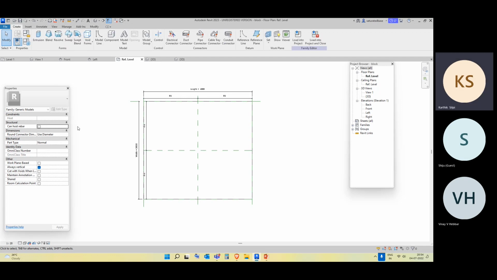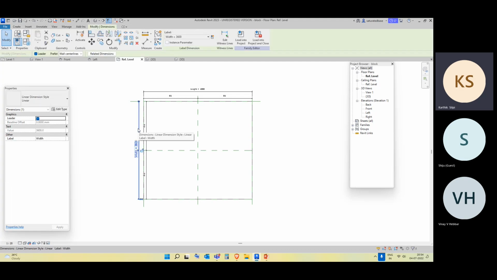This is how the basic block can be formed. As you progress over here, there are multiple complications. You can add multiple data and you can add constraints. So a constraint is, for example, this is the width, right? You can constrain this width, which means, for example, if you want to change this width as per the length,